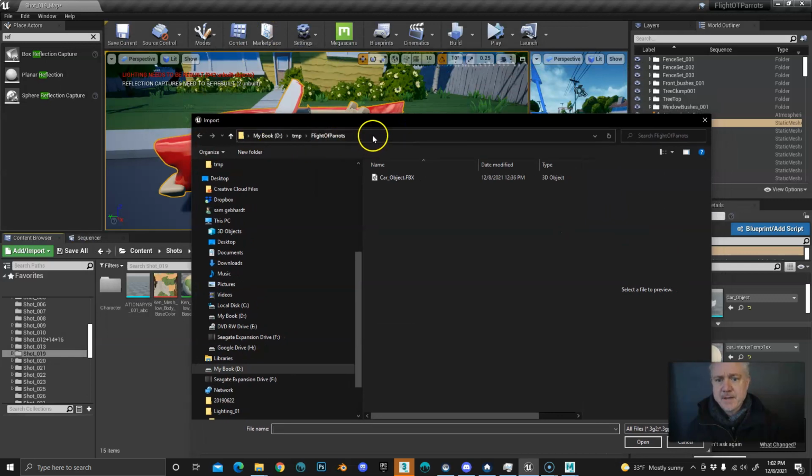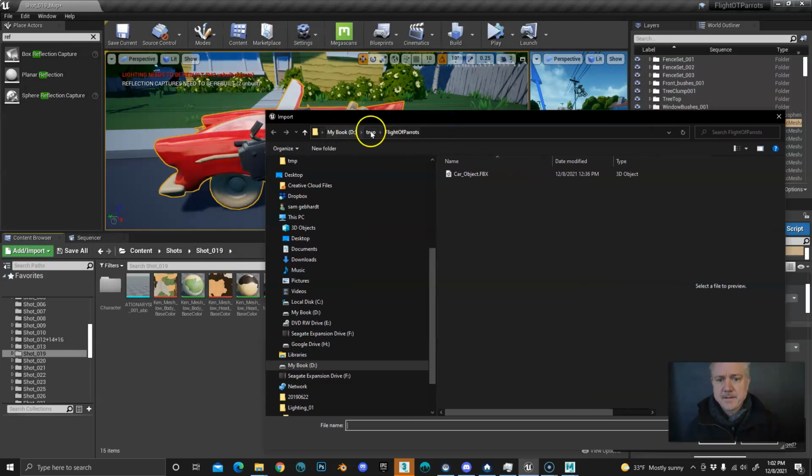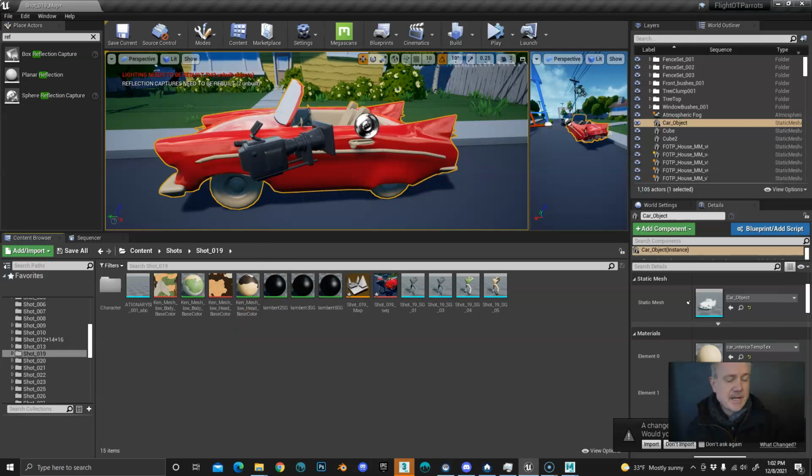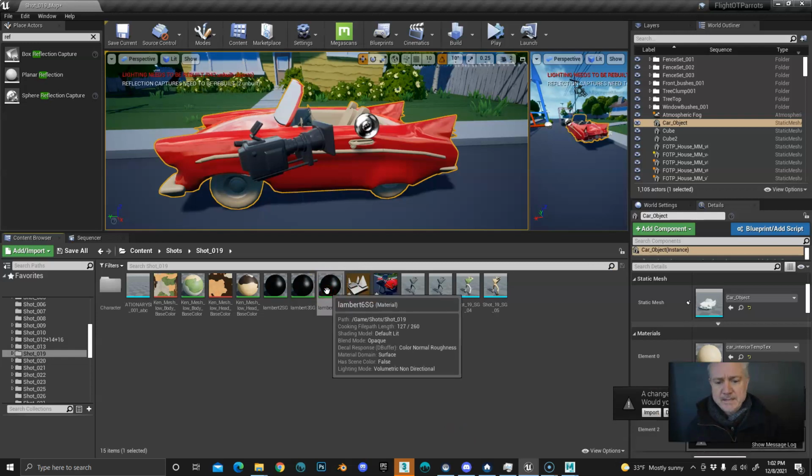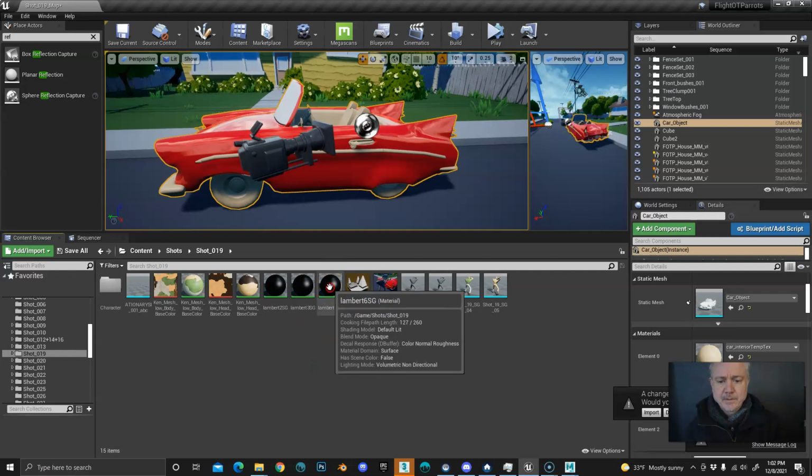Right now my path isn't automatically set to where these things are or what this shot is, so you can right click on any of these that's in that shot, and it will say,